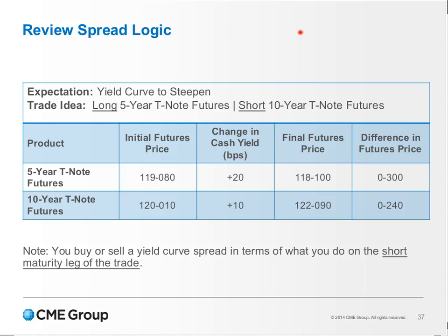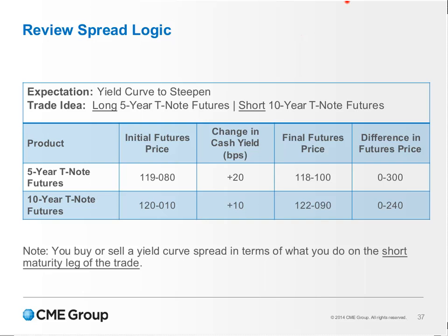So if you expect the spread to widen, i.e. the spread to steepen, in other words, 5-year prices to rally more than 10-year prices, remember, when we talk about this, we're looking at this in terms of prices. So when we say the yield curve steepening, that means that 10-year yields are going to rise faster than 5-year yields. When we convert that back into prices, we're looking at the 10-year versus the 5-year futures number to widen out. So if you expect the spread to widen or steepen, you can buy the spread by going long the 5-year Treasury note futures and short the 10-year